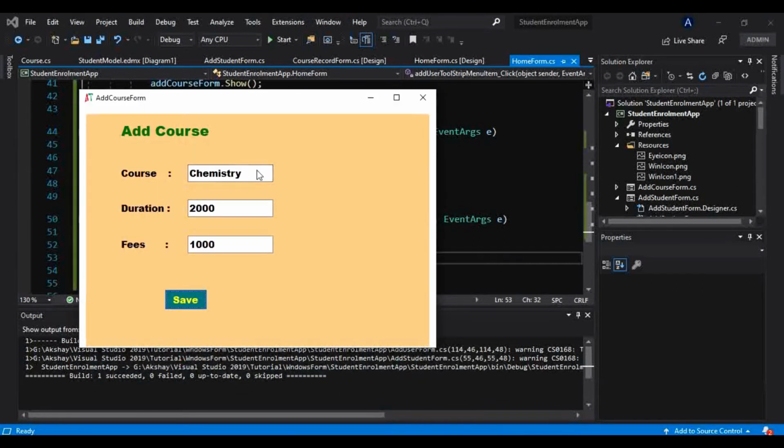Okay, so now let me just quickly add some courses here. Let's say English, and I will keep that as 1 year only, and fees, let's say 3000. I will save that.